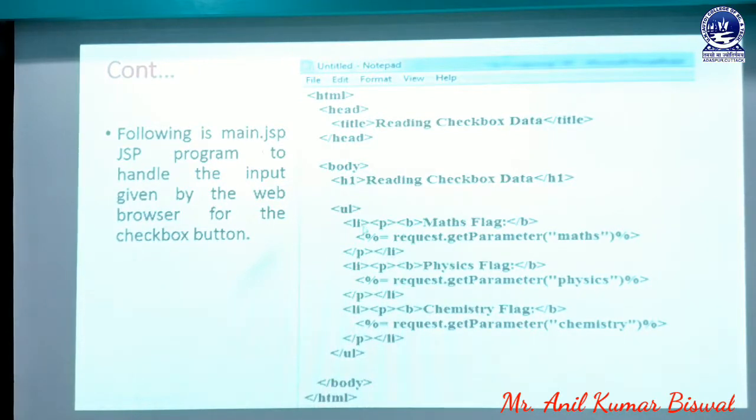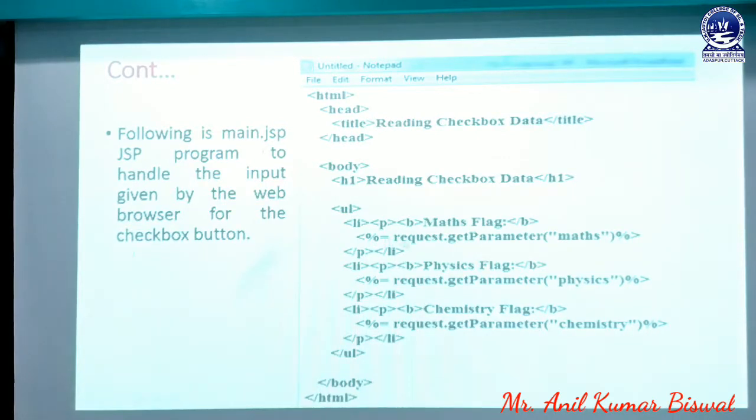Here that listing tag must contain some values like the paragraph tag, then the B tag, which means the result will appear in paragraph form as well as in bold. Then we have another tag known as the expression tag, related to a JSP page, which is written as <%= %>.